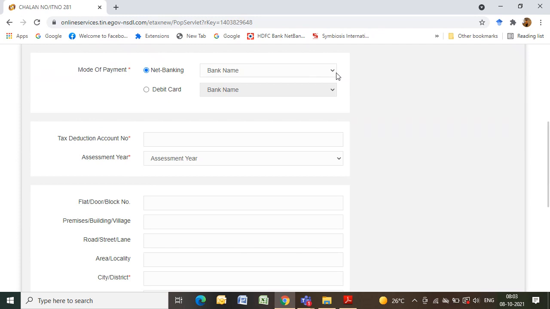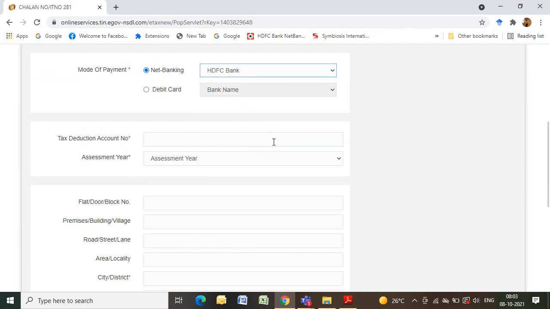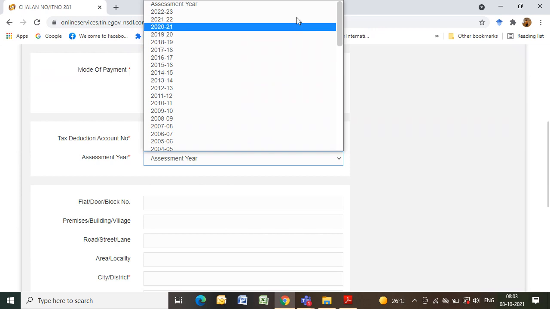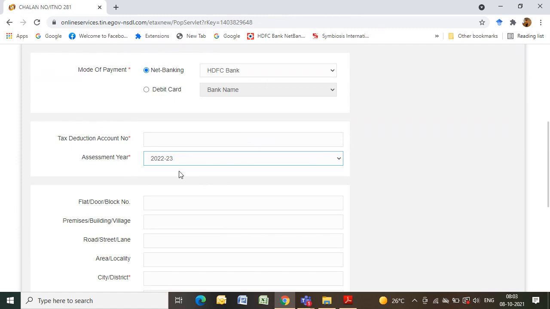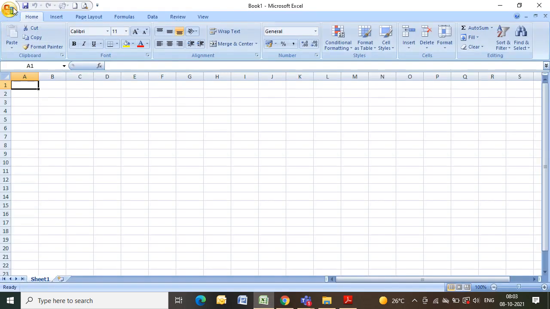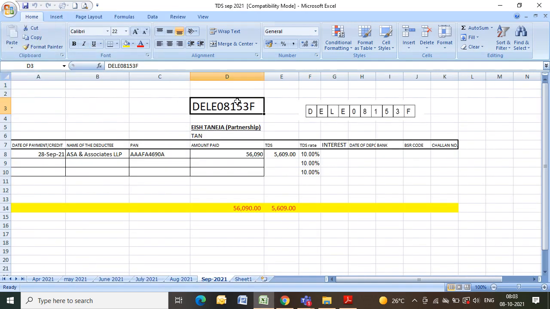So I will say net banking, I'll pick my bank, HDFC Bank. Let us say my tax deduction account number, whatever is that, I'll put it here and I'll pick up the assessment year here. This is my assessment year because I'm paying the TDS, right? Let me show you my details if I'm able to put in. Just give me 1 second. So let us say this is my